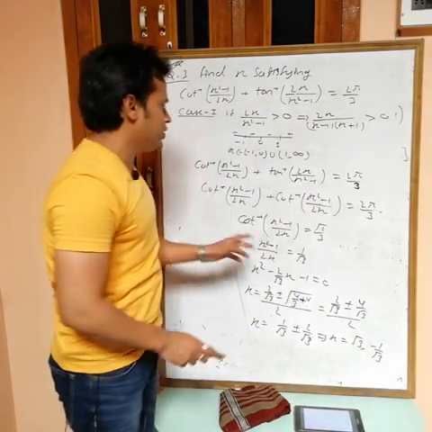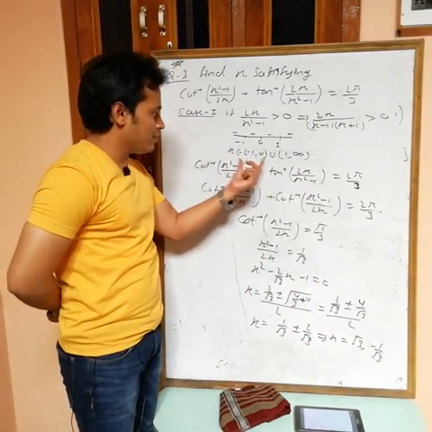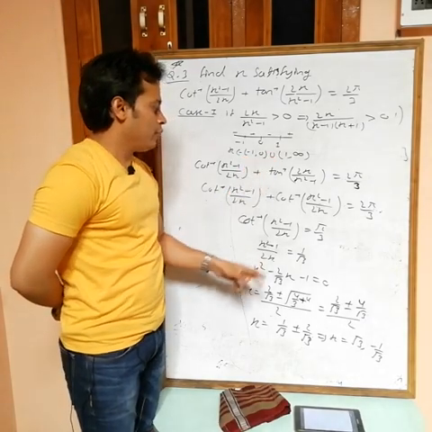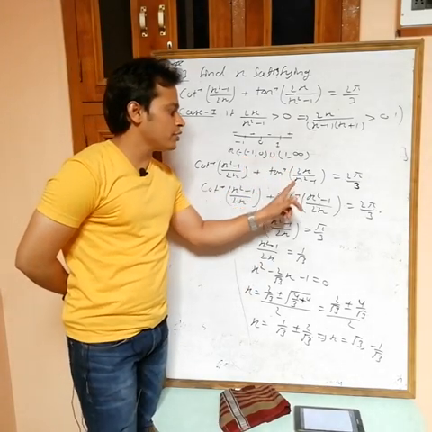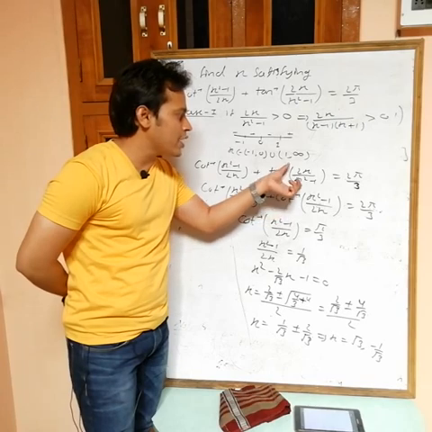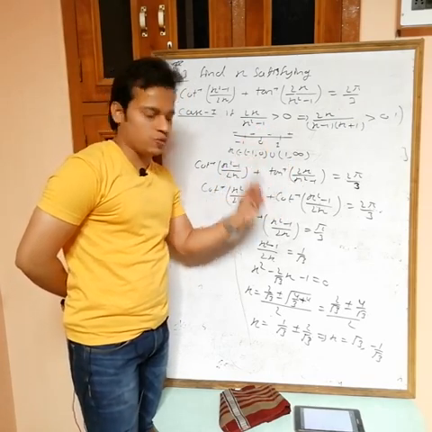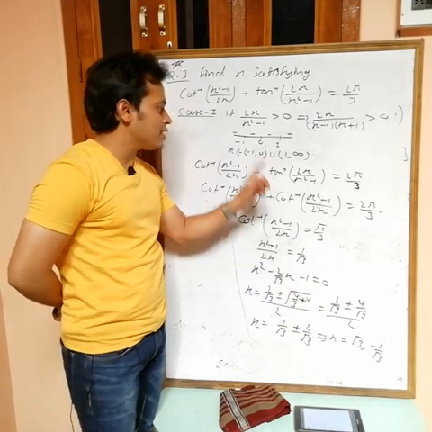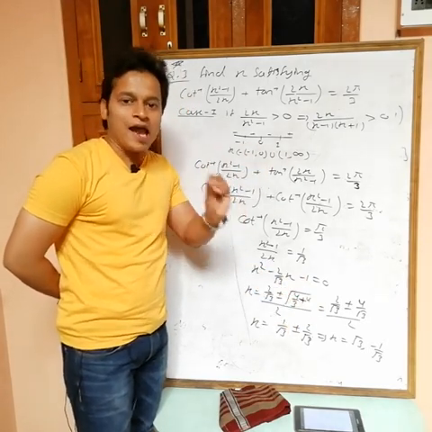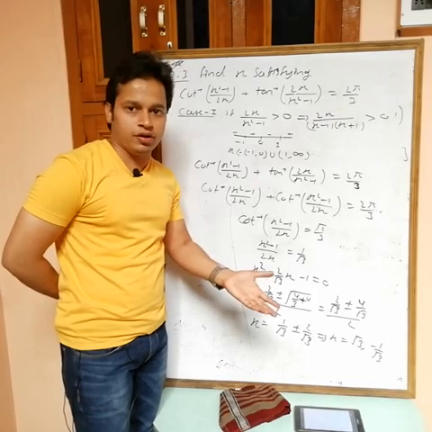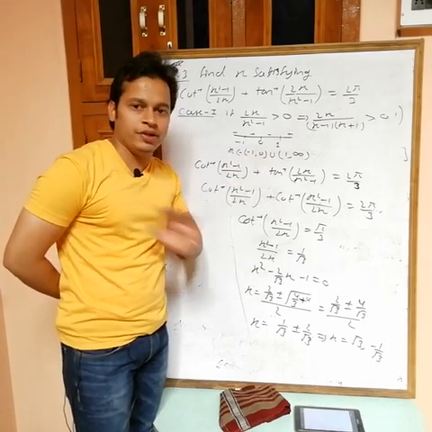Okay, how can we check? That is simple. See, in this one, x must belong to this interval, because I am taking tan inverse 1 by x equals cot inverse x directly, so this x must be positive. It means x must belong to this interval. So check whether these values of x lie in this interval or not. If they lie in this interval, then you can take them. If they don't lie in this interval, then reject that value.